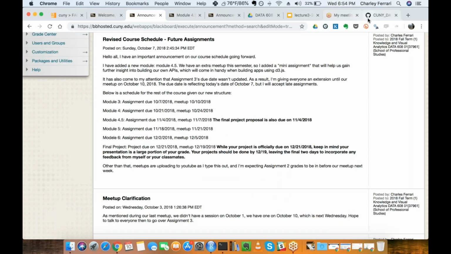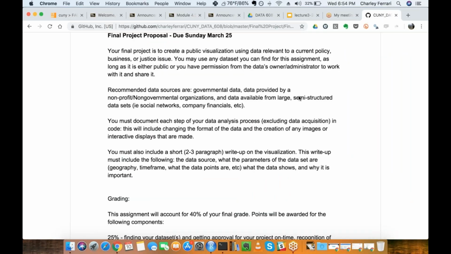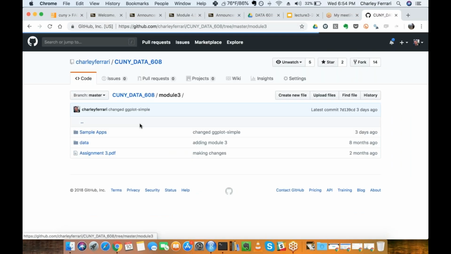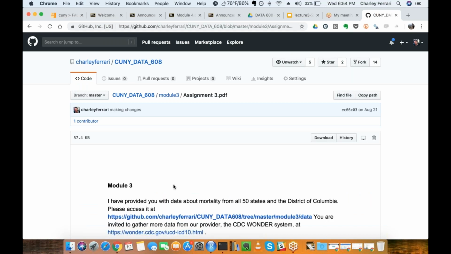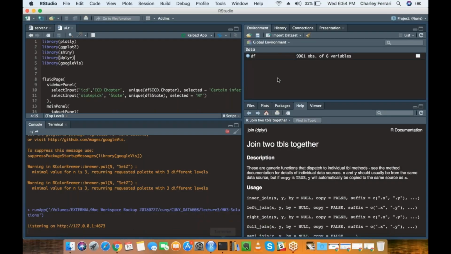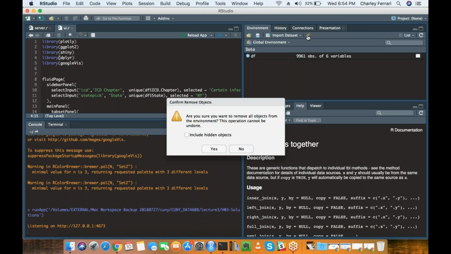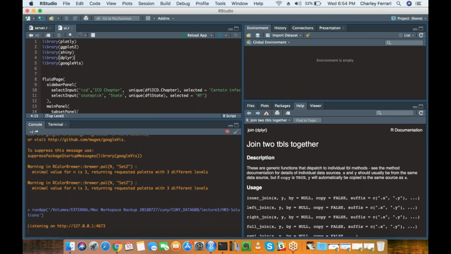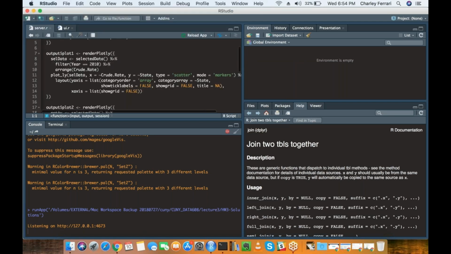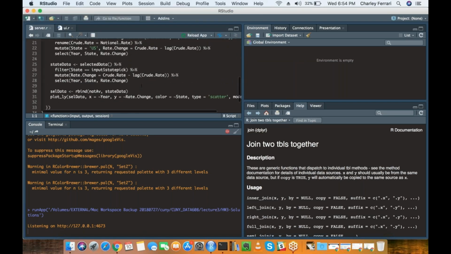So let's go back to our GitHub here, and I'll go to the PDF so we could take a look at the questions. The data that we're looking at is from the CDC Wonder dataset.